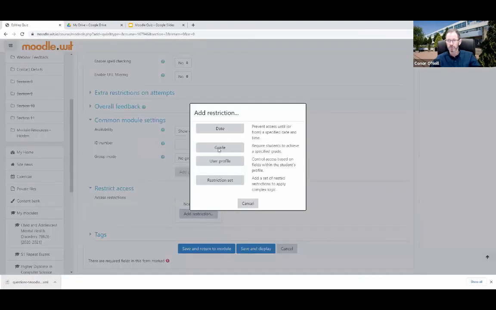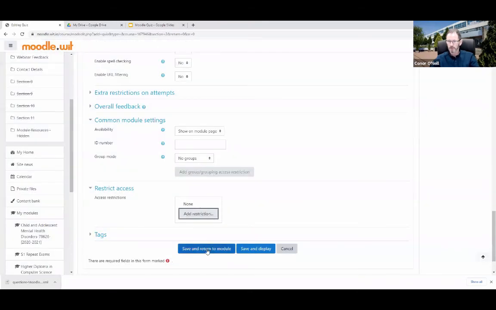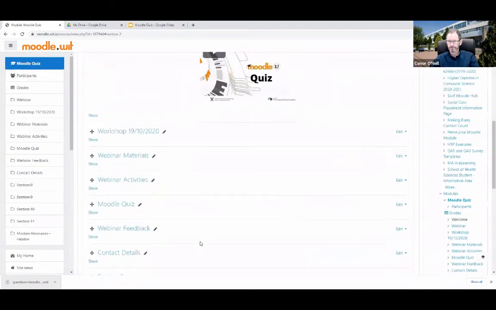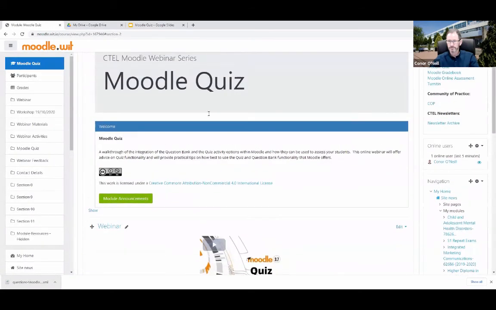So you could add a restriction for, we'll say, a date. So you can only do this quiz after a certain date. Now you need to make sure that your timing up above, your open and close dates, link in with this restriction. The same with user profile. I only want one student to do this as well. So what I'm going to do is I'm going to go save and return to module. Okay, so